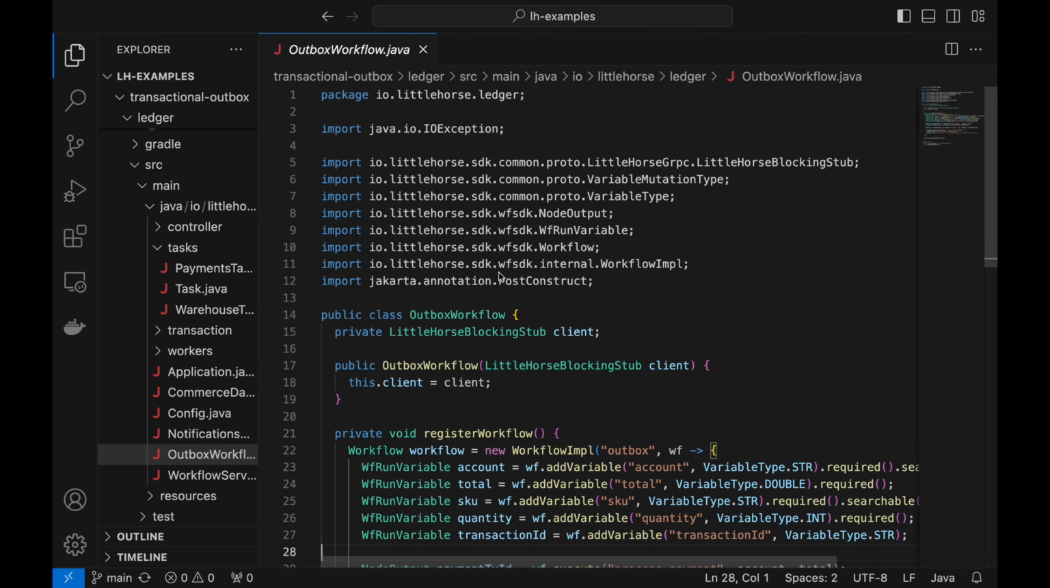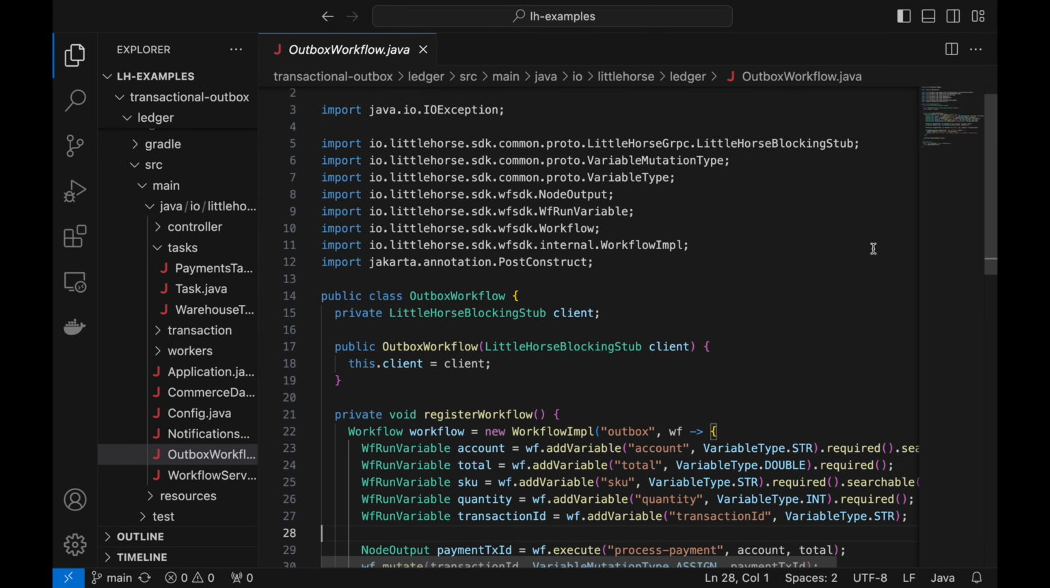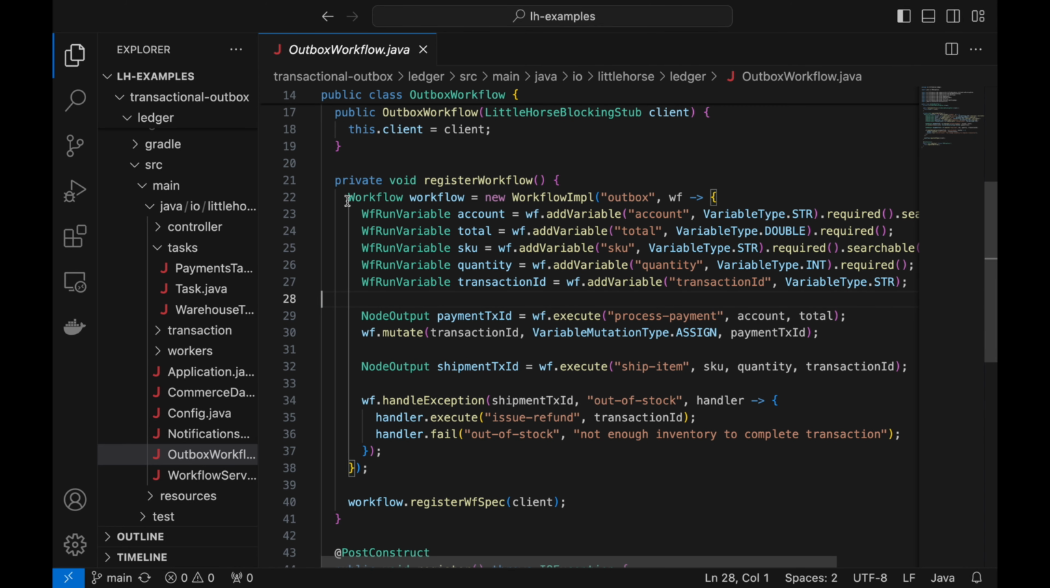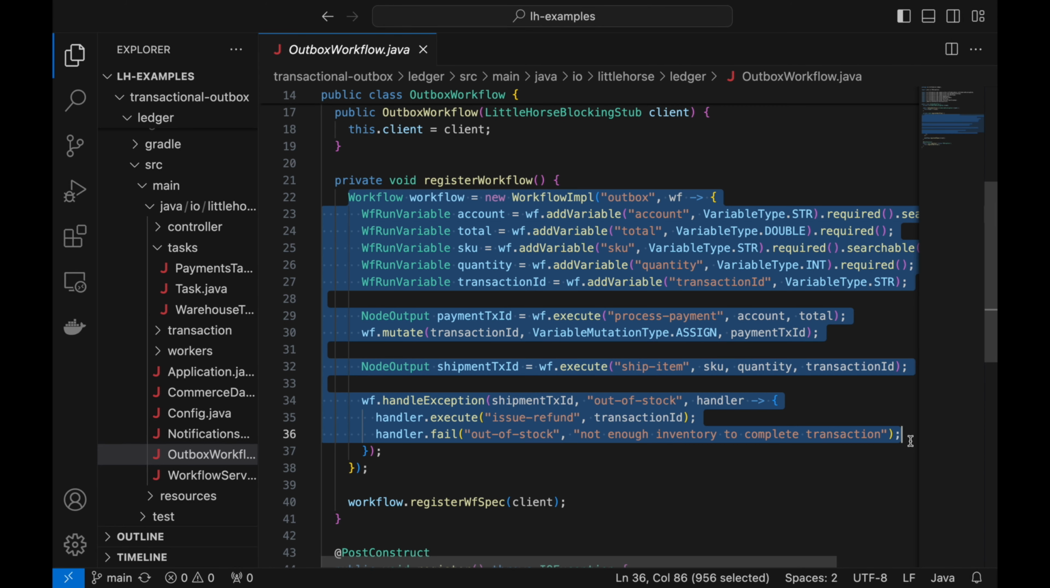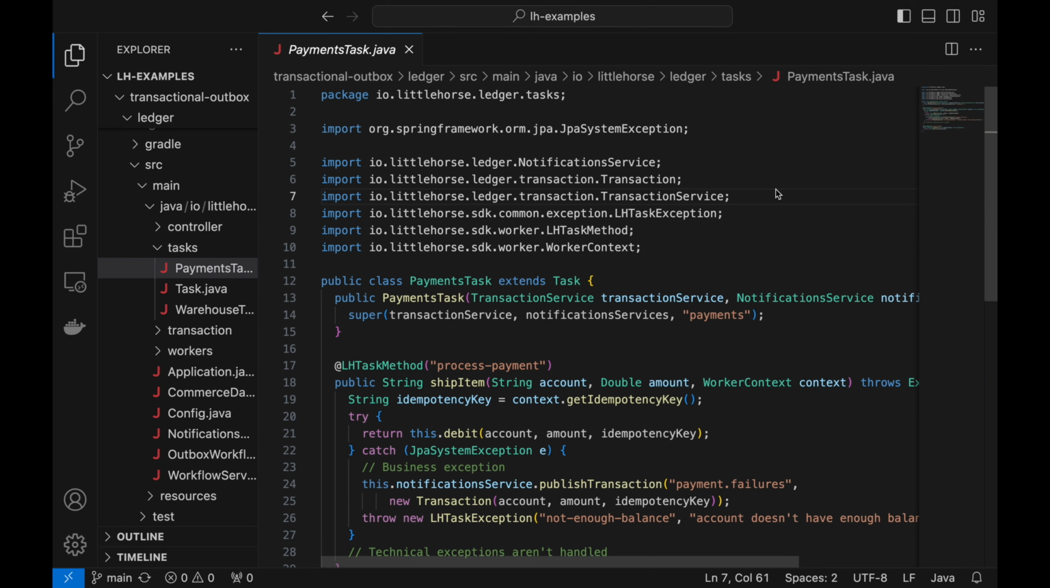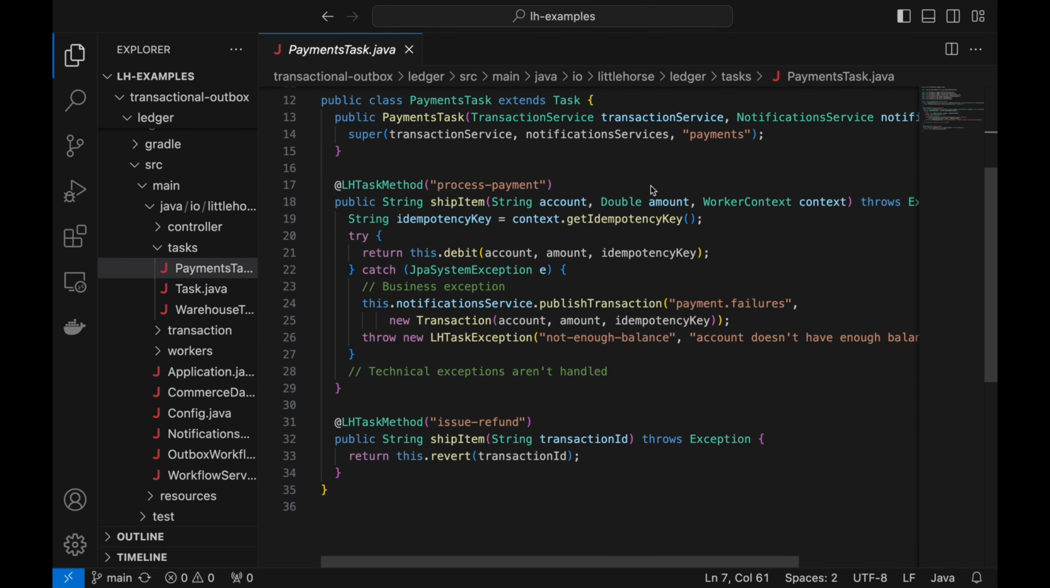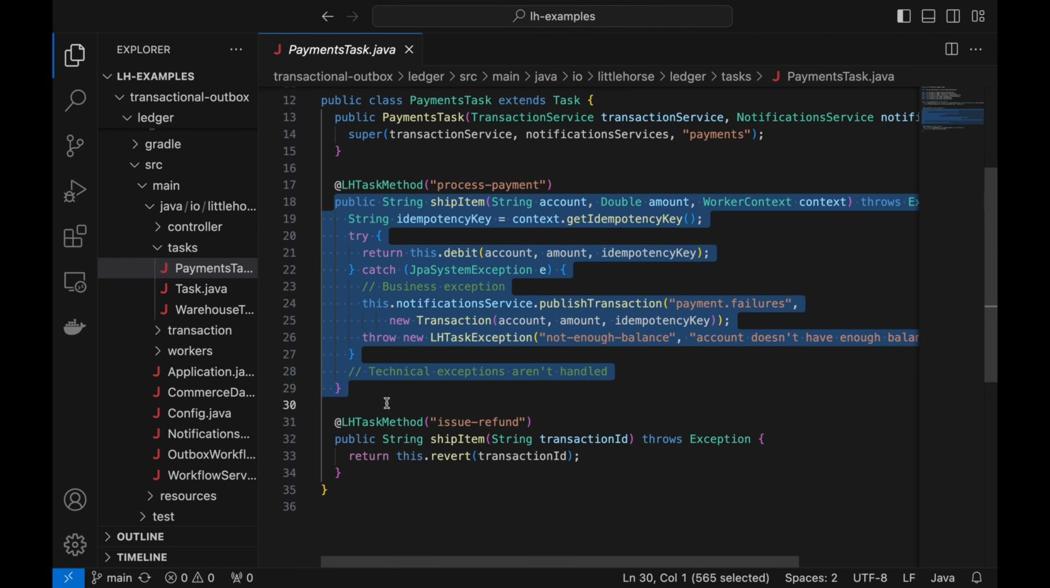The OutboxWorkflow.java class defines the LittleHorse workflow specification, also known as a workflow spec, defining steps for payment processing and item shipping. It elegantly manages transactions and ensures a smooth user experience by handling out-of-stock exceptions with a refund process. The PaymentsTask.java class processes payments and demonstrates the system's robustness. It handles business constraints like insufficient balance by notifying the system of the failure, ensuring the system's transactions are reliable